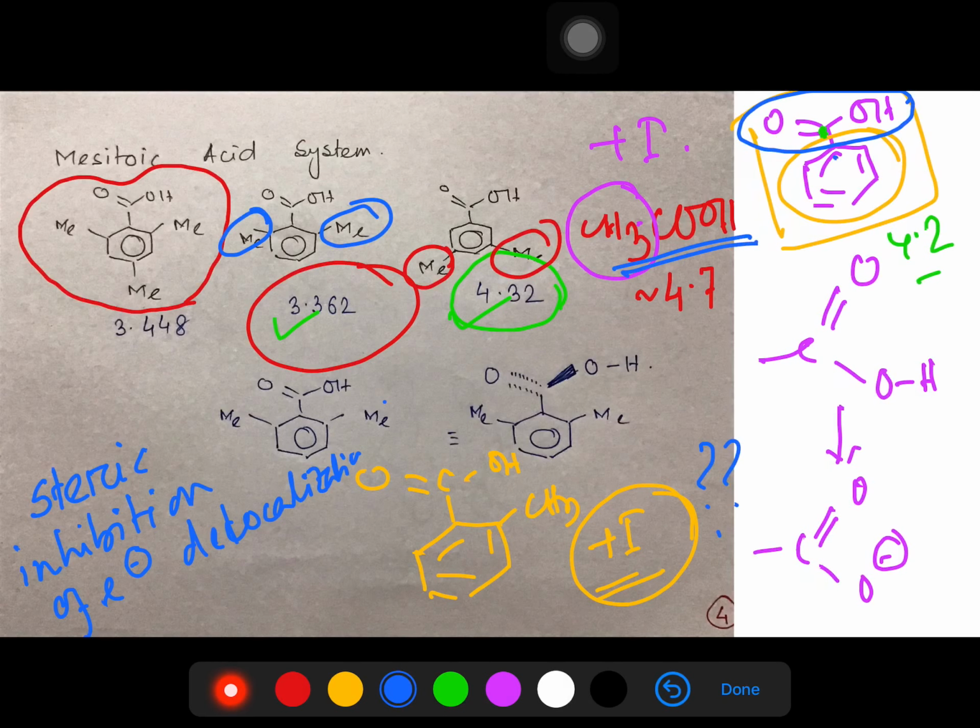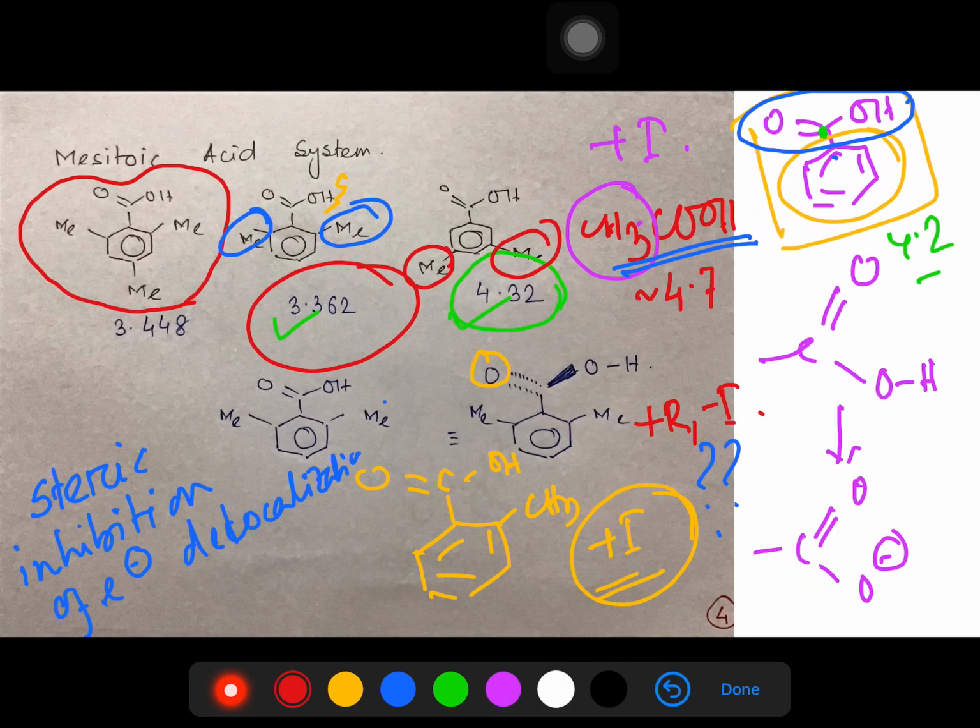But if this conjugation is hampered, how? Because of these 2 bulky methyl groups, excessive steric repulsion is created. So consequently this group became out of plane. See, this one group, I have shown that in this case this oxygen is below the plane, but the opposite could be possible. What happens? It became out of plane, and this phenyl group has both effects. Means, what do I mean by the statement? It has a plus R effect, another thing minus I effect.